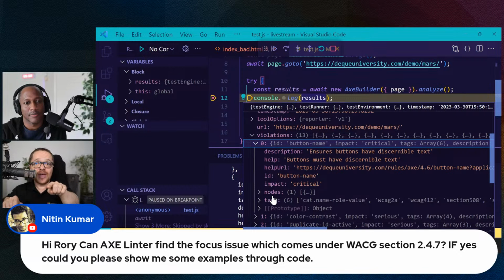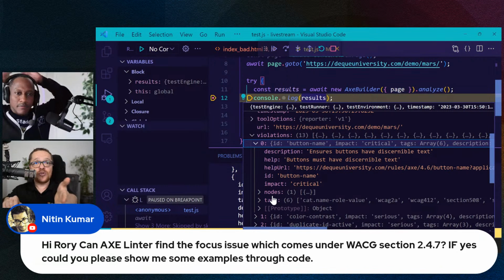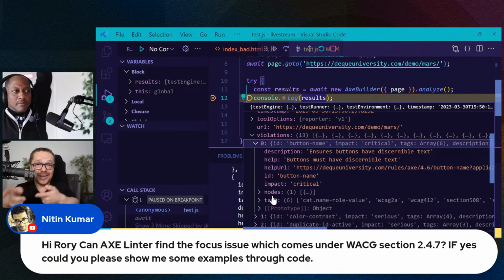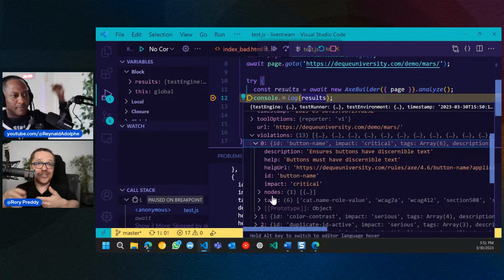So I'd rather say that Playwright is the tool that you should use for focus checking. Now, Microsoft recommends, and Deque recommends, using Playwright to go and do your end-to-end accessibility testing. If you go into Deque's site and Microsoft's site for Playwright, they'll say this is how you do that. So this is important to understand. Not everything can be tested with the linter. Not everything can be tested with Accessibility Insights. You do need your end-to-end tests here.